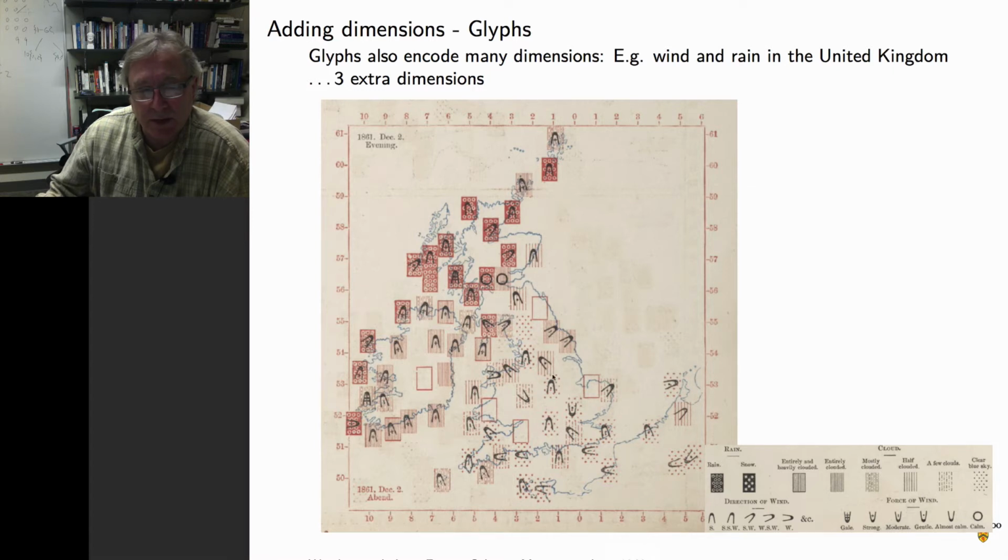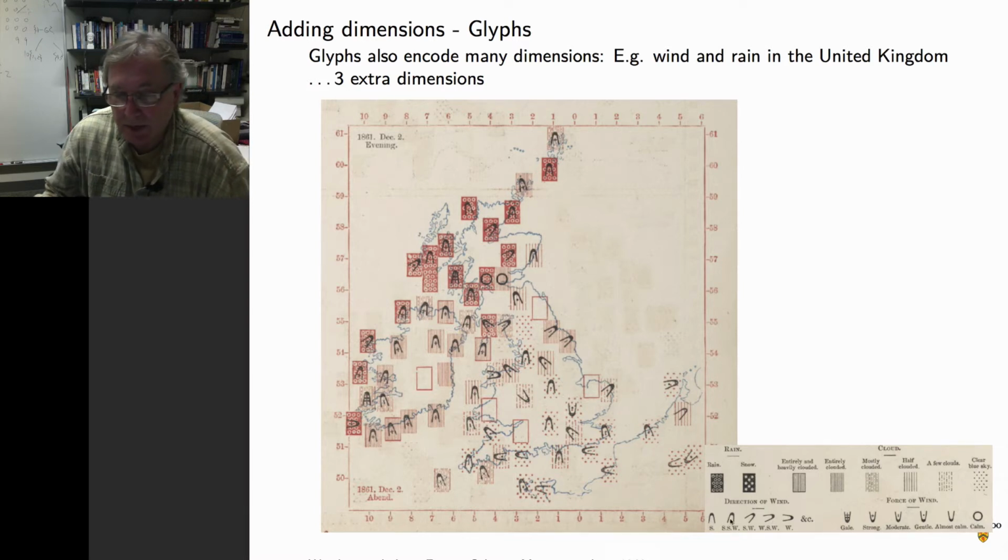So the wind is blowing in that direction from southeast to northwest at that point. From here, from southwest to northeast, the wind's blowing in that direction. The greater the ink associated with it, the greater the strength of the wind. You see down here in the scale at the bottom. So the orientation is the direction of the wind, and again, the more ink, there's a gale that's strong, and